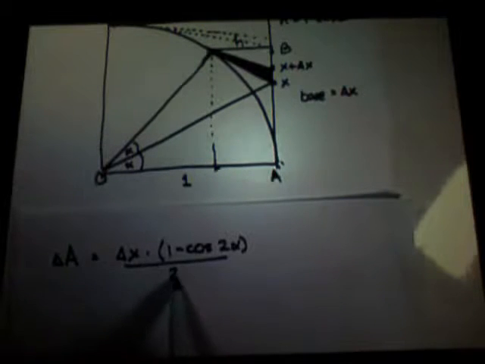The incremental area, that's the area of the shaded figure, is the base times the height. Right? Yeah. Now,